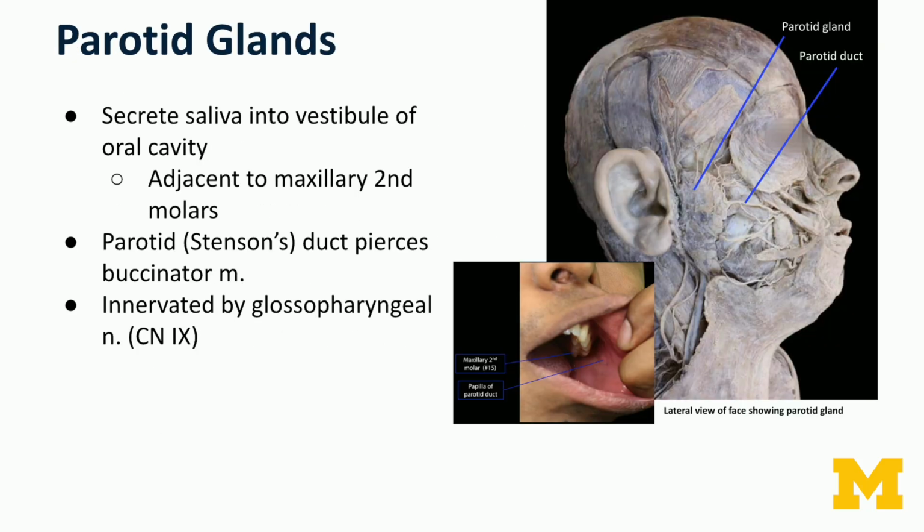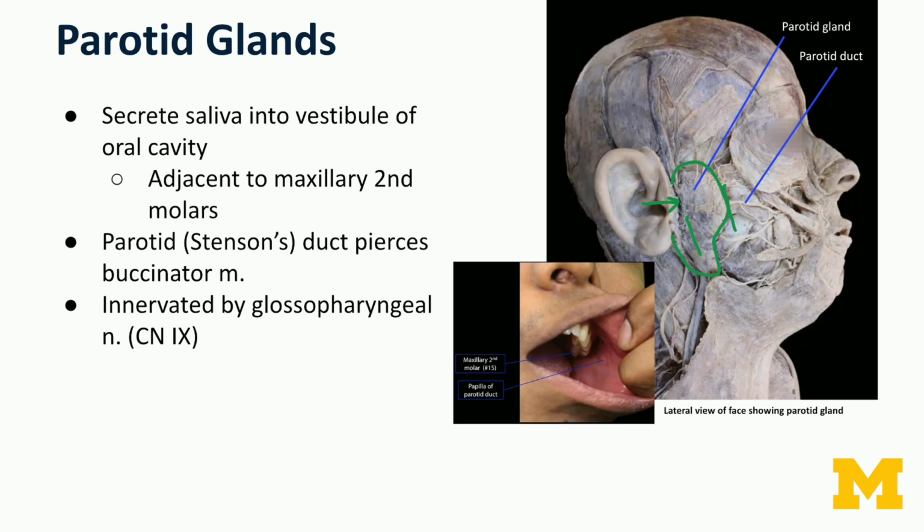Let's take a look at the parotid glands. So here we have a lateral view of a cadaveric photo of an individual donor, and I'll outline the parotid gland there. It's just anterior to the auricle of the ear, and it's laying upon the ramus of the mandible. We can see that